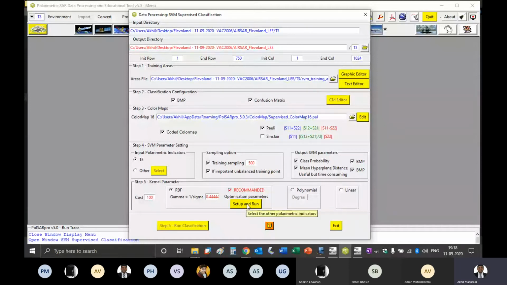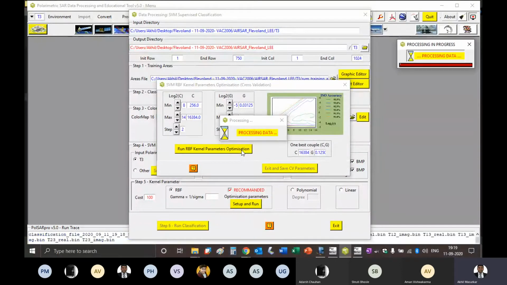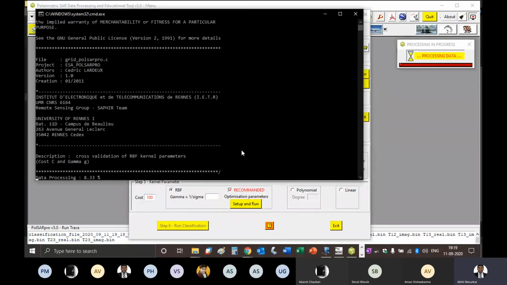So here we have again RBF kernel optimization, optimize it. So again it is optimizing.